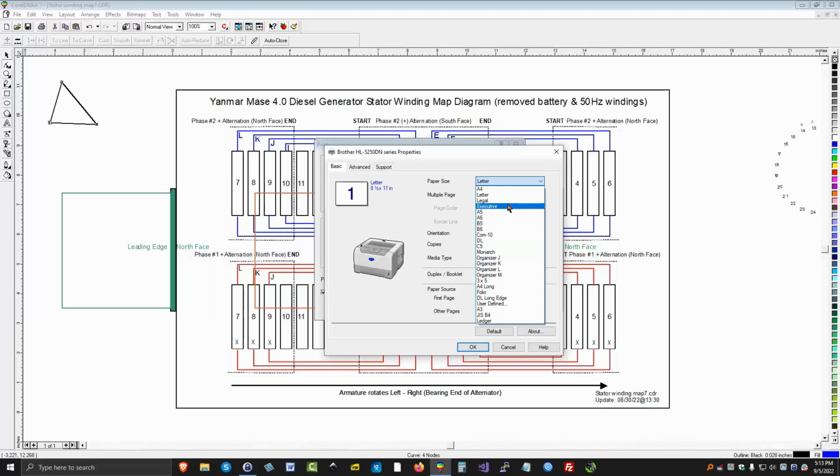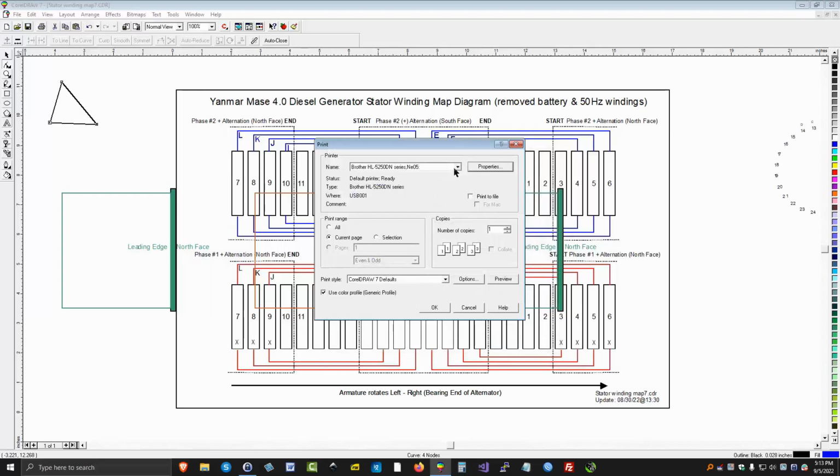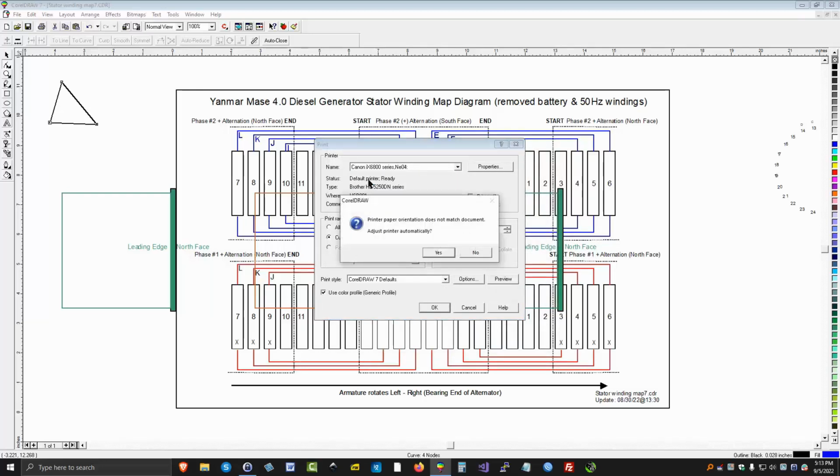See, back in the days of old, tabloid was used for 11 by 17. A lot of people call it 11 by 17 today. So if we select a letter size, it will scale this drawing down to fit it on that piece of paper. Now some other printers, for example, my wide carriage Canon iX6800,